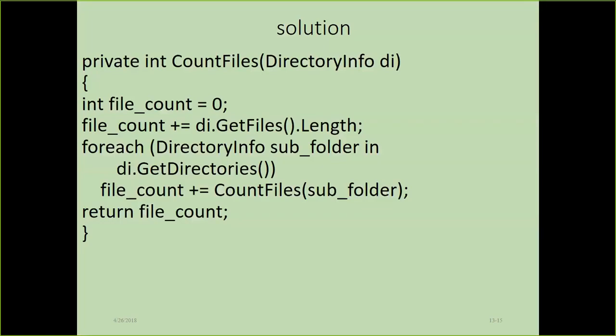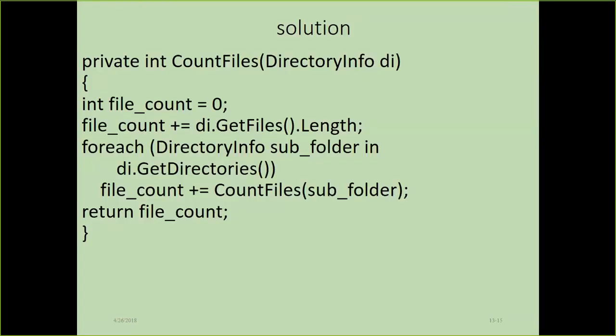I think there is a problem over here, but it's not a complete program. It's pseudocode. In this pseudocode, it says how to count how many files you have within a directory or a folder. Since we know that a folder can contain another folder, and that folder can contain another folder, in that case you have to count both. Within a folder, you have to check if there is any more folder, or if there is no more folder, then you have to count how many files you have.